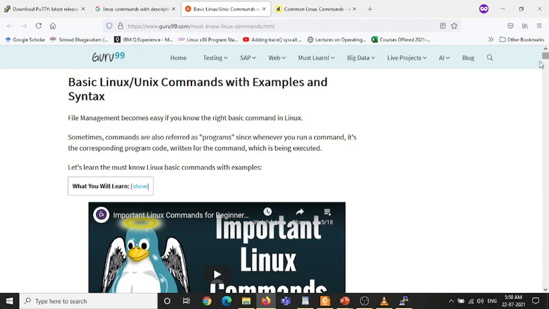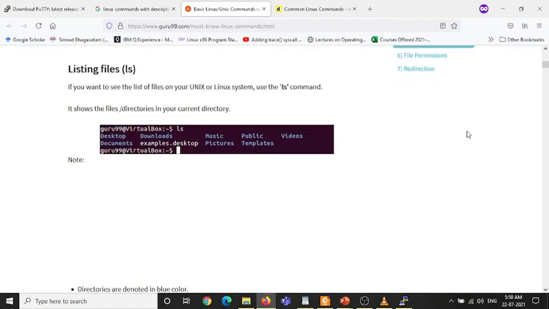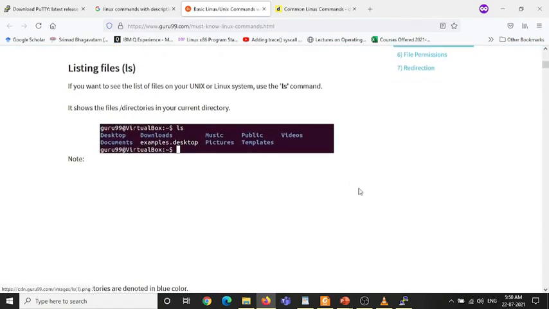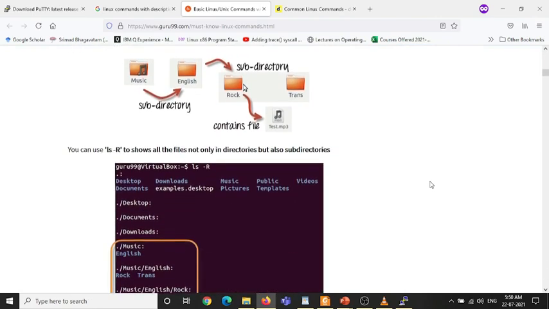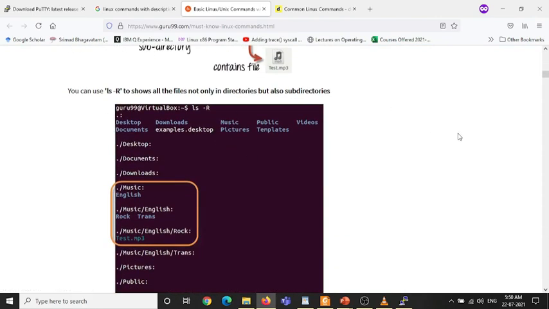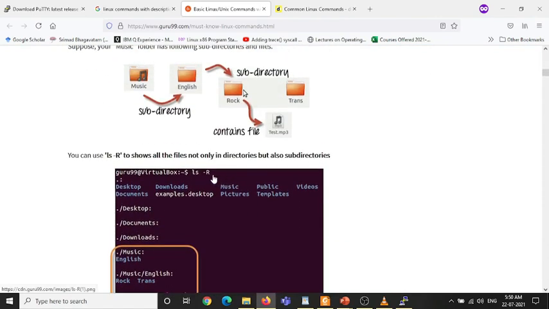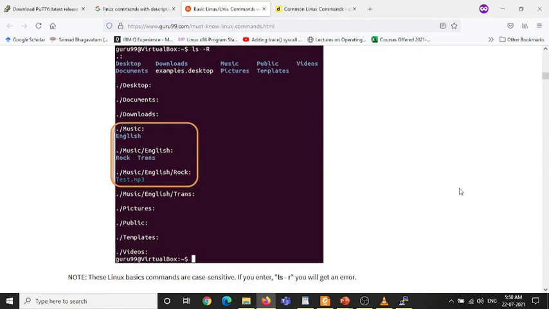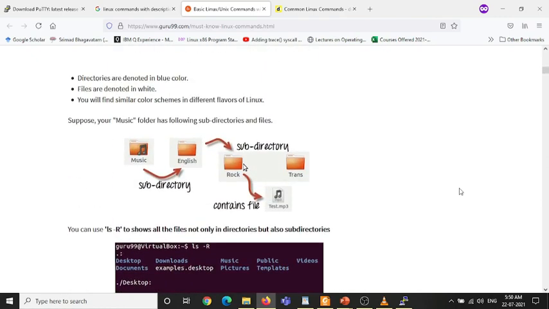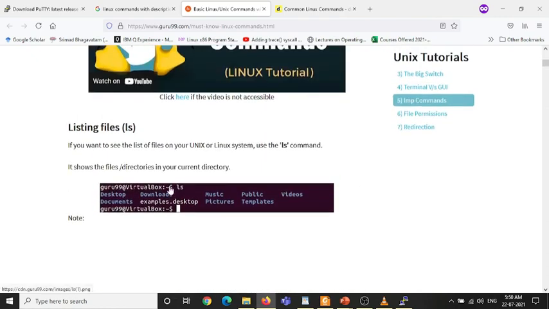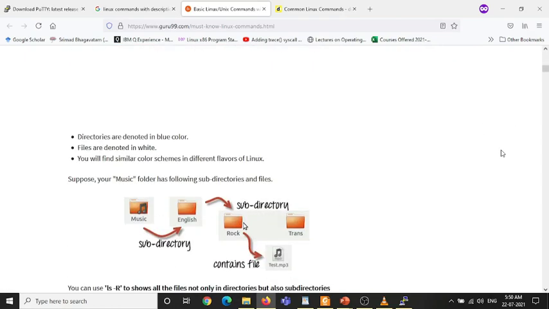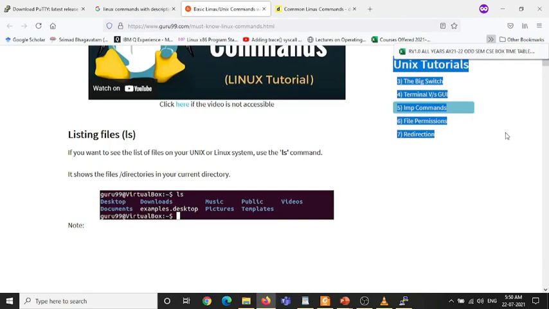In this website they try to demonstrate with pictorial diagrams. Like the ls command also has so many options we can give after it, and it will show different features. We have just seen ls only, but after this we can give many options.